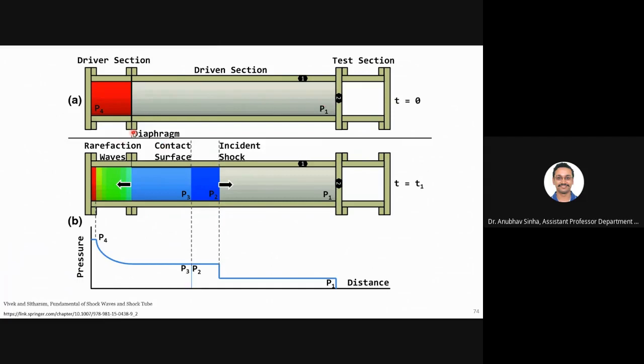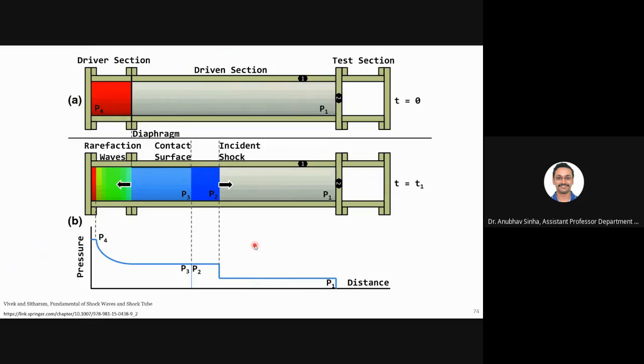Now I remove the diaphragm and fluid starts moving to the right with an incident shock, and because you are removing fluid from this high pressure region, which is suddenly seeing a drop in pressure, that's why we see expansion waves moving towards the left. This is the distribution of pressure. You see a gradual decrease across the expansion fan, and a sharp decrease across a pressure front. Shock front. So this is a shock. So suddenly the pressure drops.